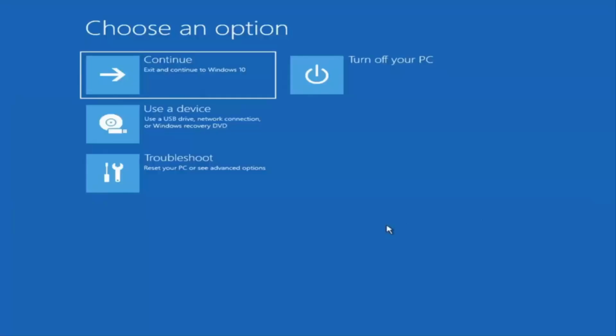So if you do a hard power off 3 times in a row, Windows should automatically attempt to launch the startup repair utility. And if it doesn't find anything, it will give you the option to select advanced options, in which case it will take you to a screen that looks like this. Now, if it does not take you to a screen that looks like this, or you're unable to get to that,